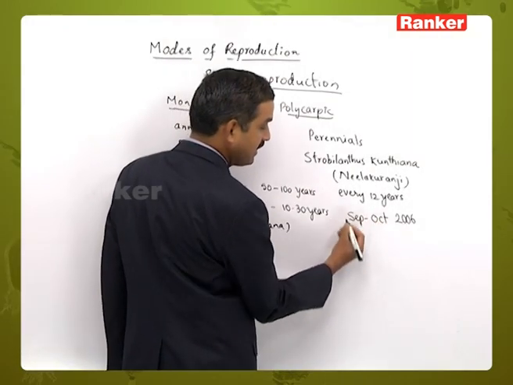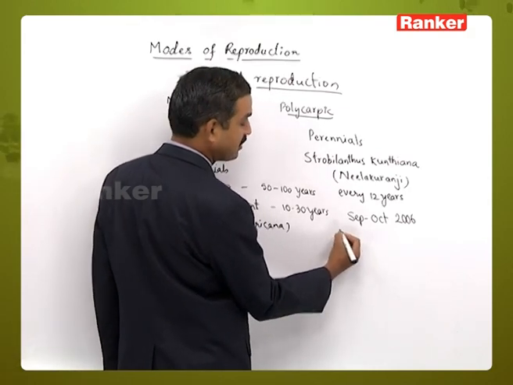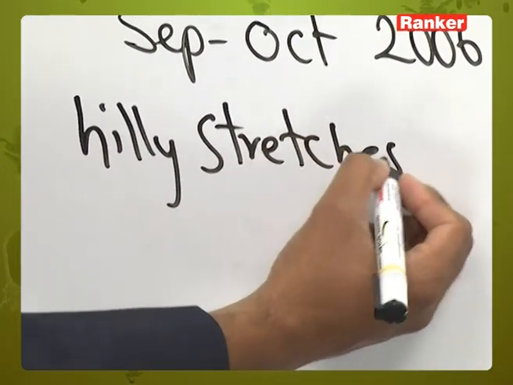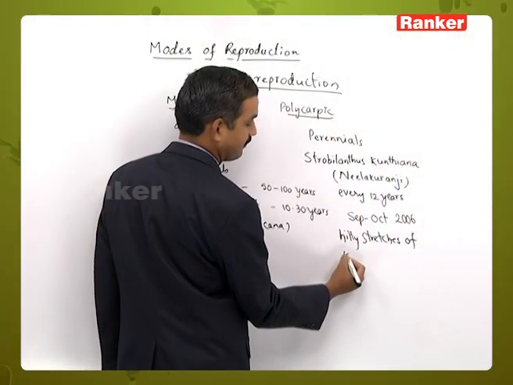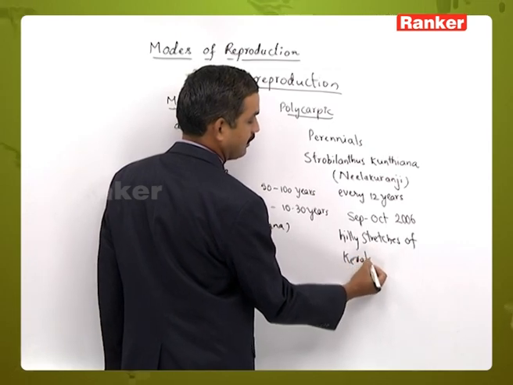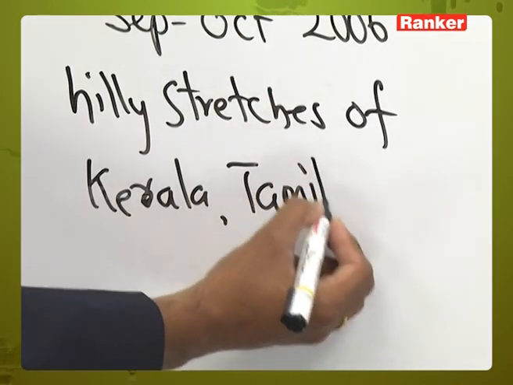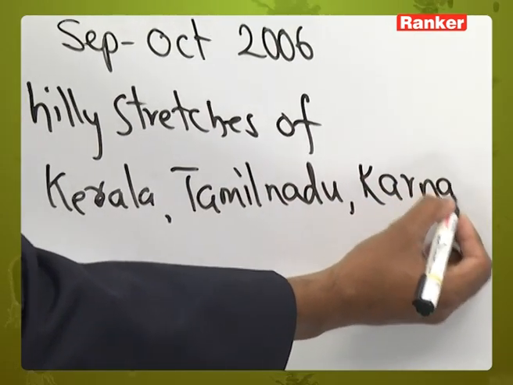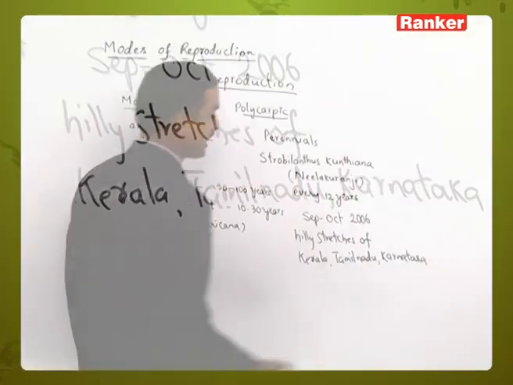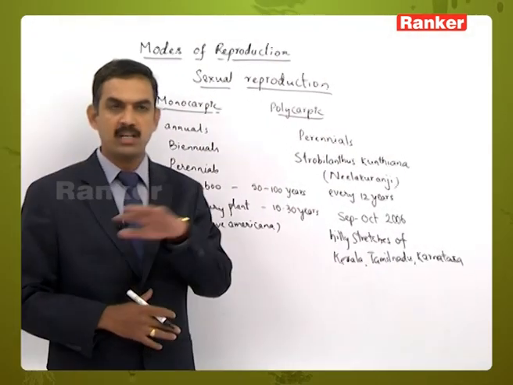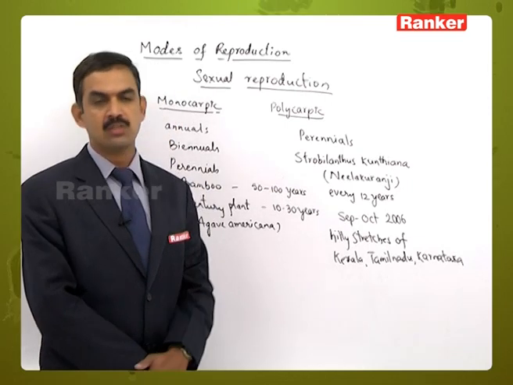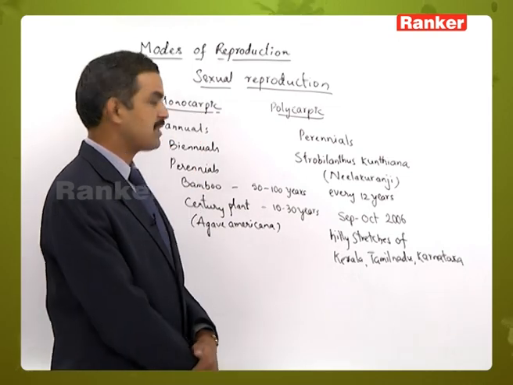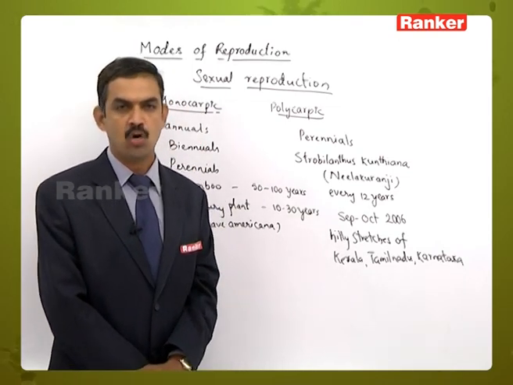And the other thing is it is growing in the hilly regions of Kerala, Tamil Nadu and Karnataka. Whenever it is flowering, a blue colored long scape will be formed, so that is attracting large numbers of tourists. So likewise, based on the number of times the plant is flowering, monocarpic and